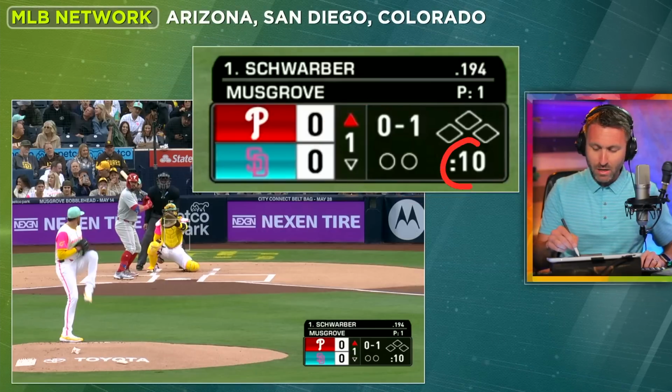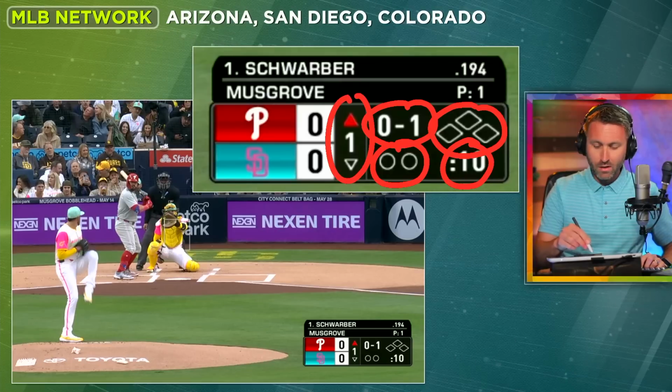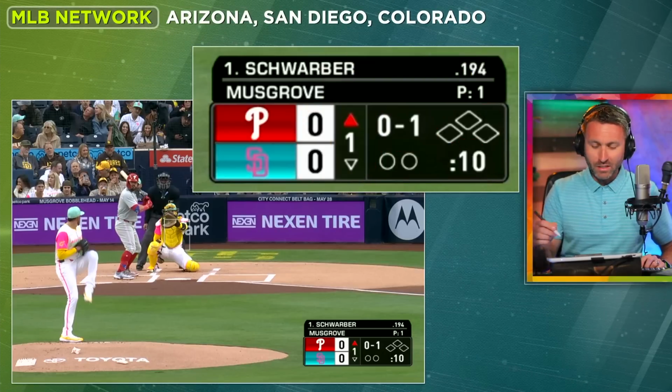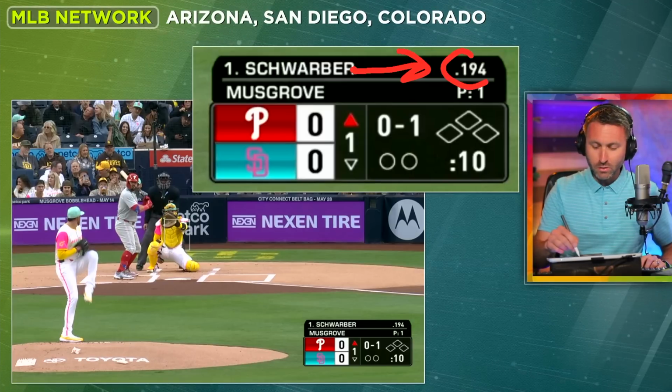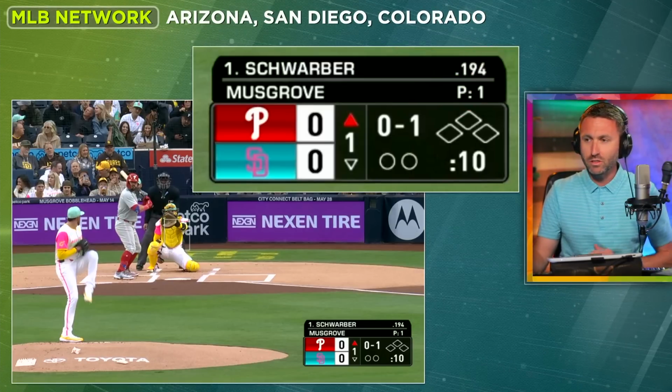And I mean, look at all the information. The pitch timer, who's on base, the count, how many outs there are, the inning, the score. It's all right there. I mean, yeah, there is a little bit of wasted dead area right there because I don't think anybody's name is actually going to carry all that long, but you also do get a batting average for the batter. You also get a pitch count for the pitcher. So overall, I don't know that this is the